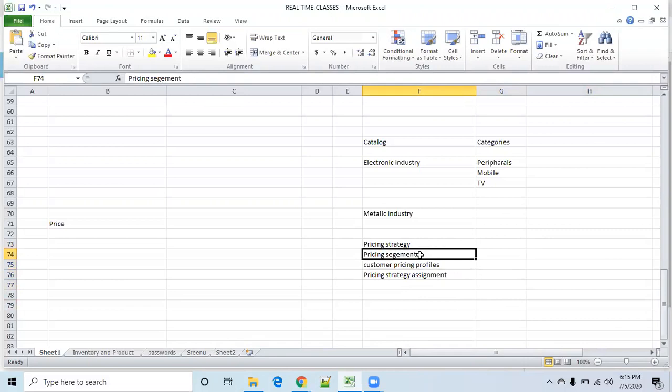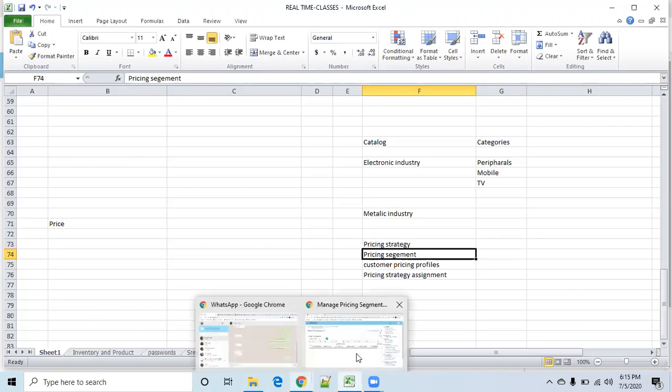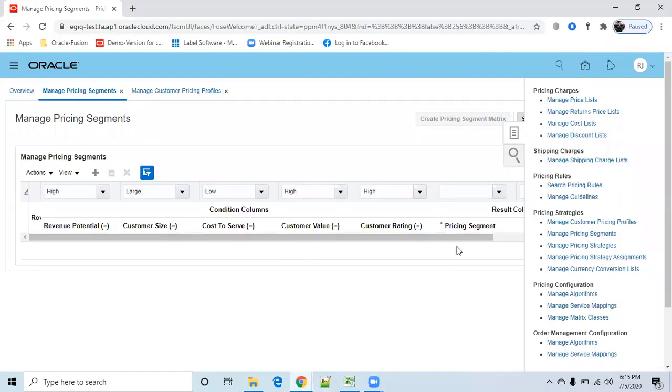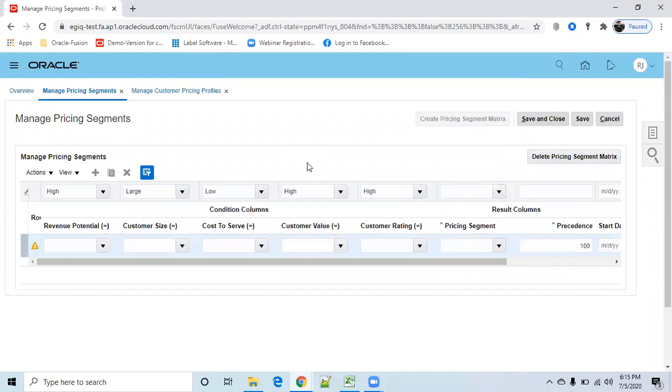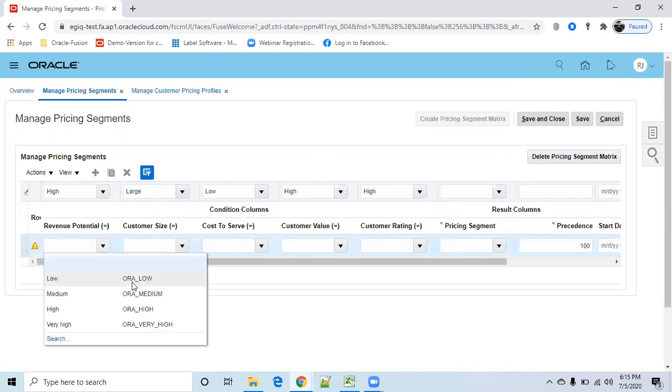With the pricing segment, we are making the relationship between the customer pricing profile and the pricing segment. Our point is how to create the pricing segment. When you click on plus, the system will allow us to select these values, which I said come from lookup.